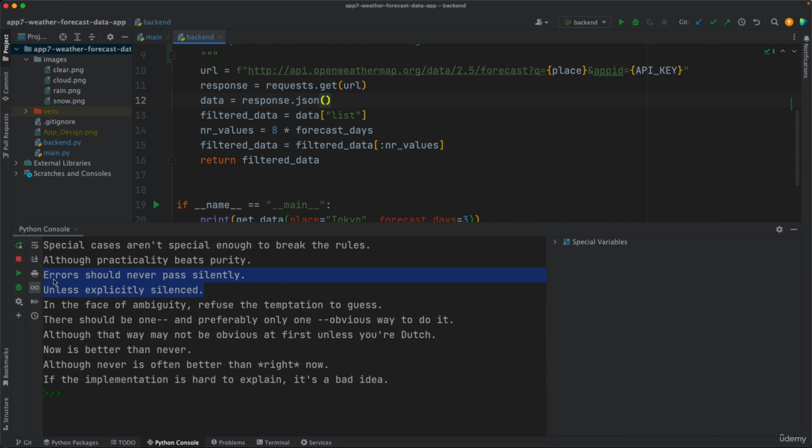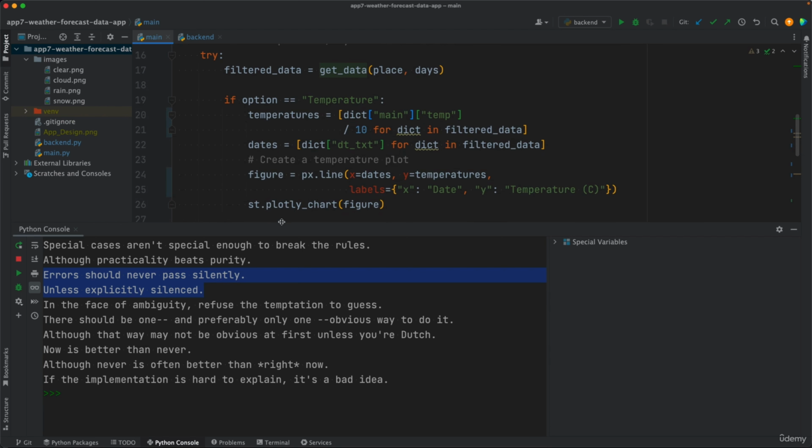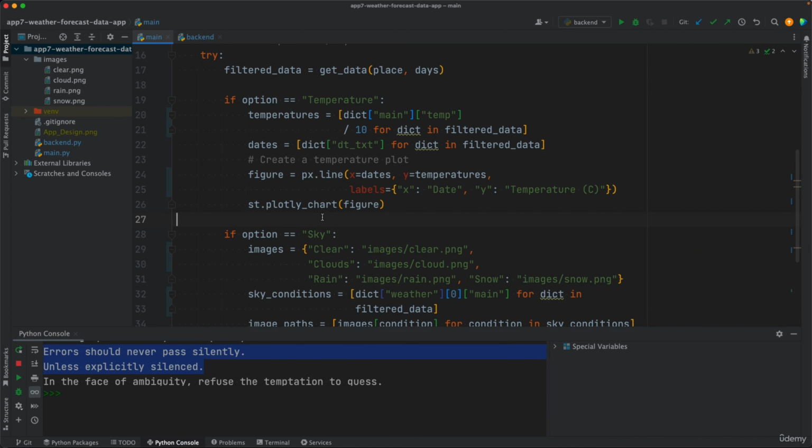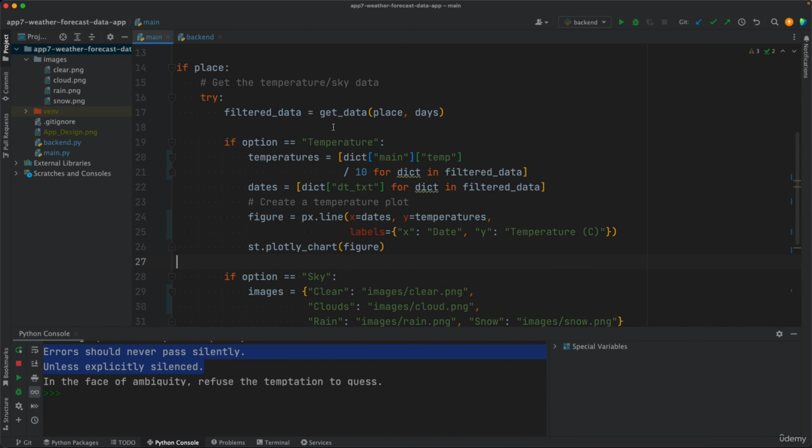The next one is errors should never pass silently unless explicitly silenced. Let's look at our main.py file to explain this particular principle. As you might remember, in this app, when the user entered a city or a town name which didn't exist, the user would get an error on the web page. However, the program, the web app, would still work. Now, if we left that error just stay there and ignore it because the app was working, then we would have